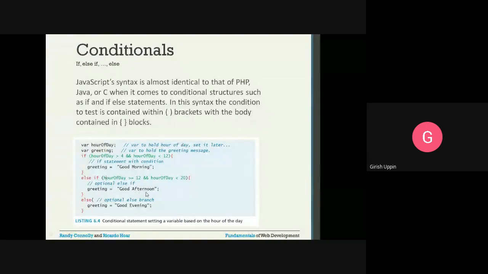You can see else if we are going to use, and for the condition same parenthesis we are going to use, and curly braces will have whatever the else if it is coming here, and if this is true, then this block will be executed. And if this condition is false, then we have else, then we have this block. Inside that we are setting the value as good evening.